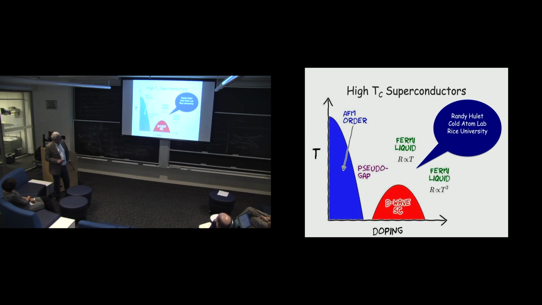But what people really want to understand is superconductivity, which occurs close to insulating states and is thought to be related to the magnetic fluctuations that occur in these insulating states. The main message of my talk today, through some serendipity that's maybe typical of science,